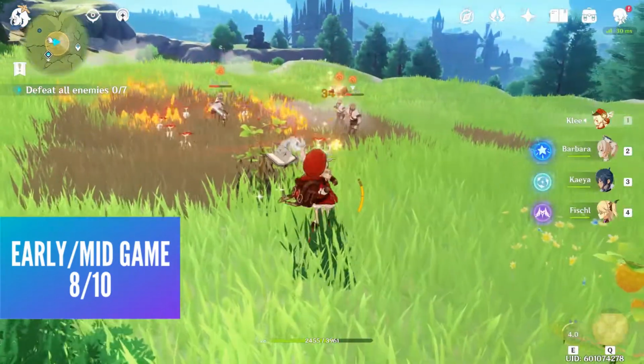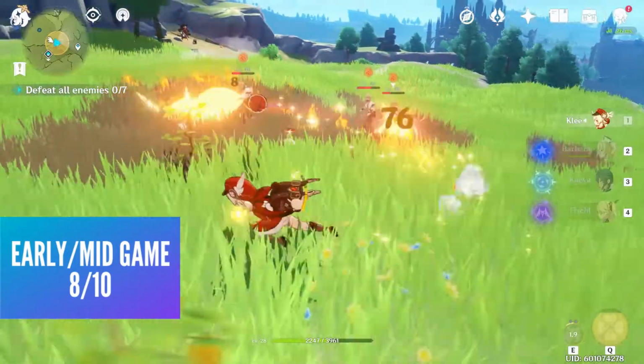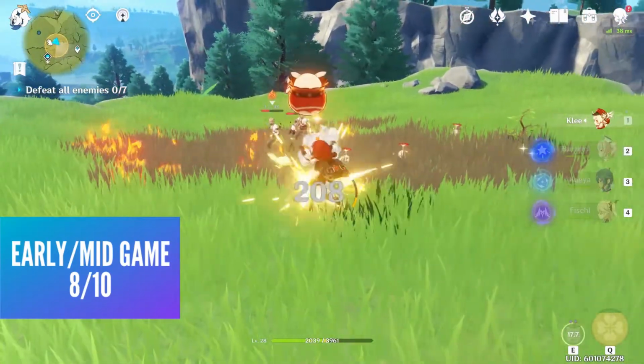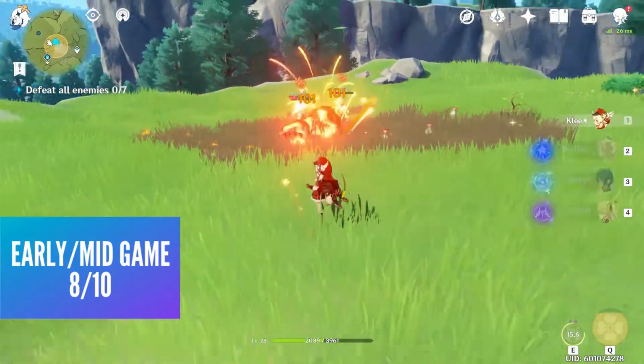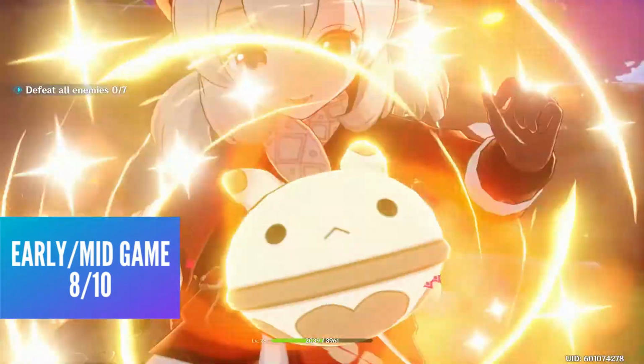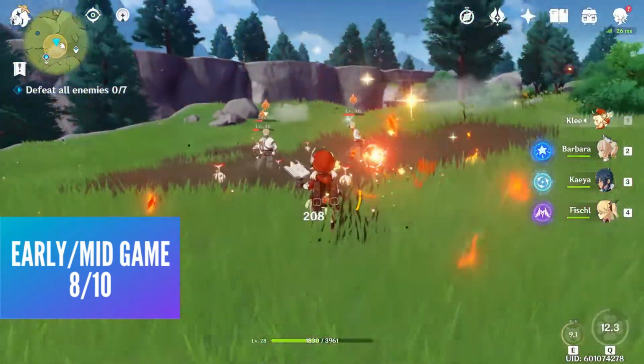Even in the case of using Klee as a burst and swap character, you'd still want to be careful with the timing of your E's and not stack them, unless you want to wait 40 seconds for her to become useful again. Her Ascension 1 talent upgrade, Pounding Surprise, is, as the name suggests, quite a pounding surprise for your